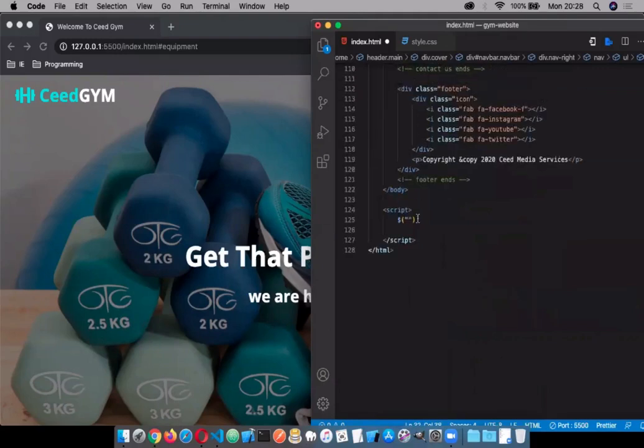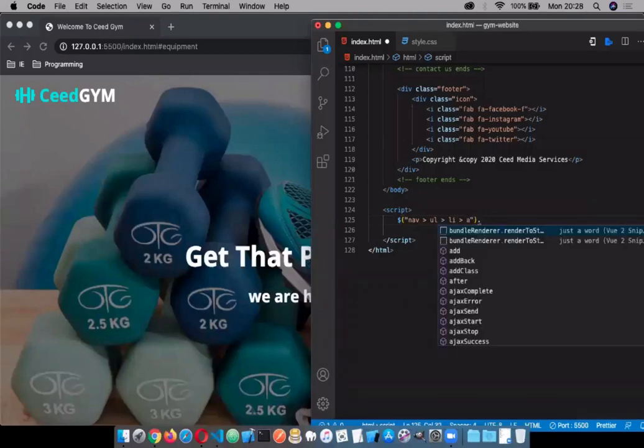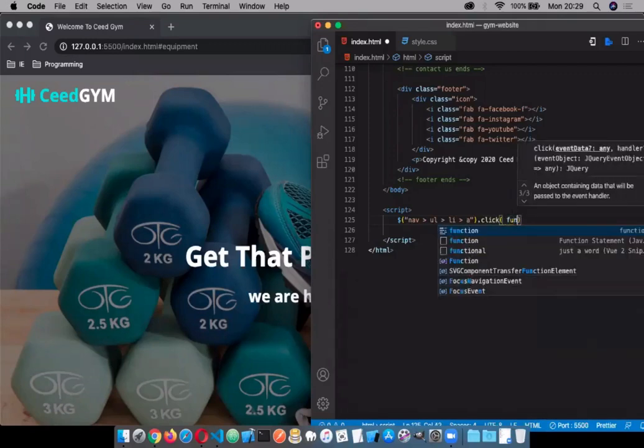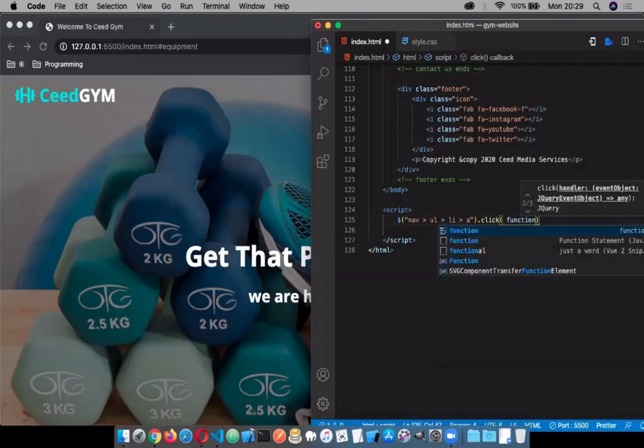So how do we reference that? Now we're going to say the navbar element. The greater than sign means that we're going to reference the next child element, followed by the next child element, followed by the anchor tag. And when it's clicked, it's basically like English: on click, when it's clicked. So we put dot click. We want a function to run when it's clicked. And the function